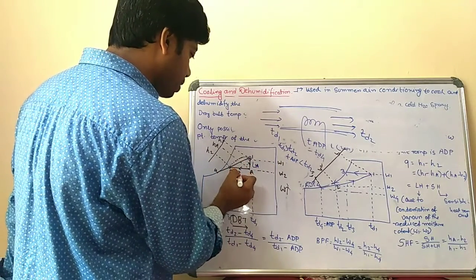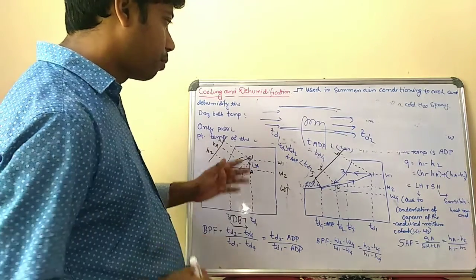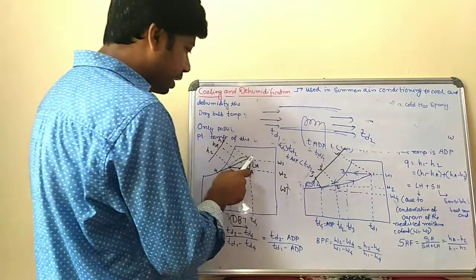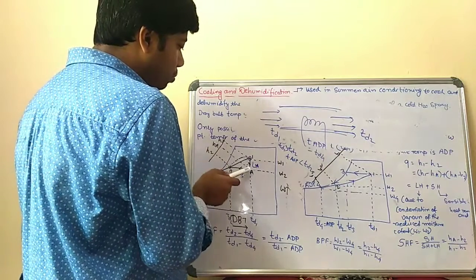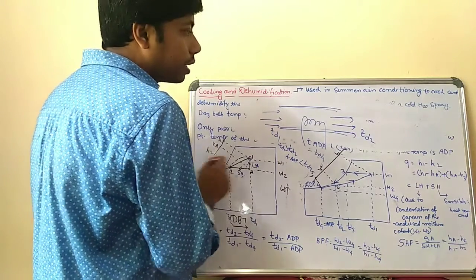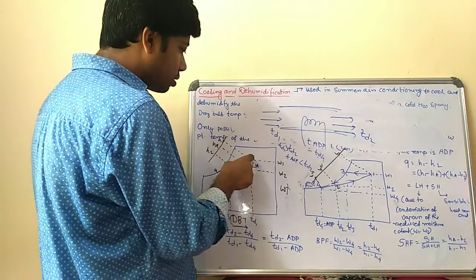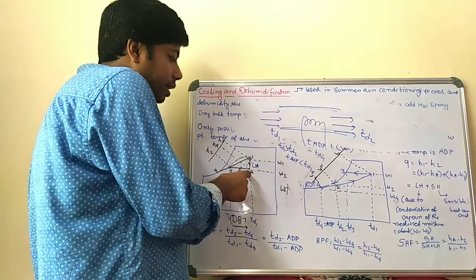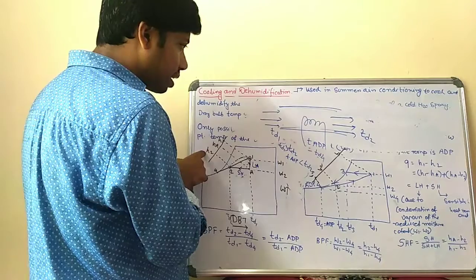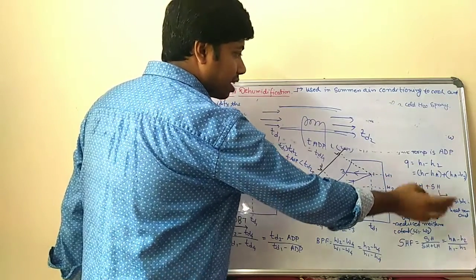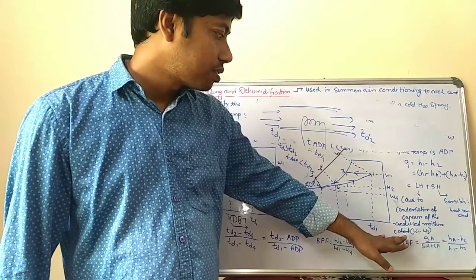So the total heat removed in this process, that is Q, is H1 minus H2, which is read from the psychrometric chart: this point is H1, this is H2, and this corresponding point is HA. Now the total heat rejected, Q, is equal to H1 minus H2, which is nothing but H1 minus HA plus HA minus H2. So that is basically LH plus SH, where LH is the latent heat due to the condensation of vapor, the reduced moisture content.